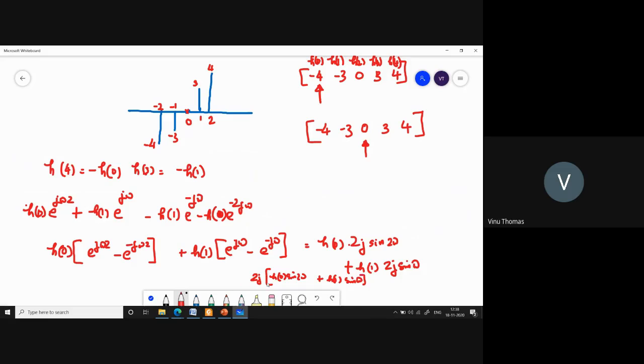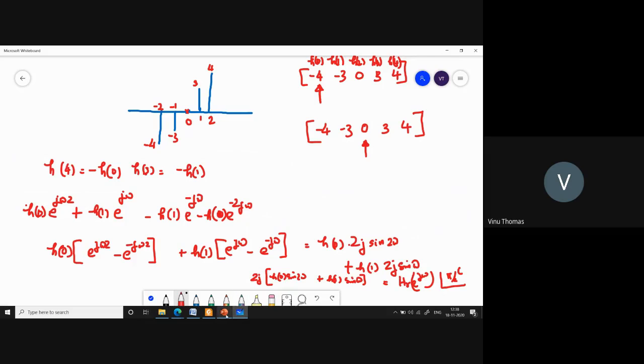You see that this is entirely real. This part is entirely real. So I can maybe write as an HR of e power j omega, which is totally real, multiplied by a j, which we can write as angle pi by 2 radian. So this is HR of e power j omega into angle pi by 2 radian. I have discussed this for a case where the length is equal to 4. So you can appreciate that this can be extended to any example where the length is an even number.